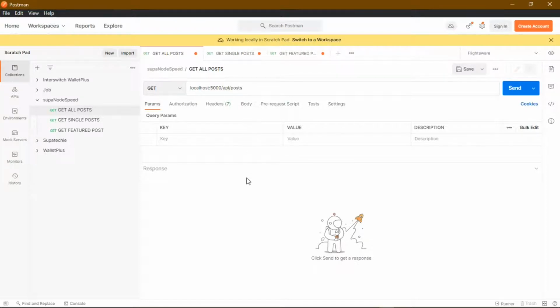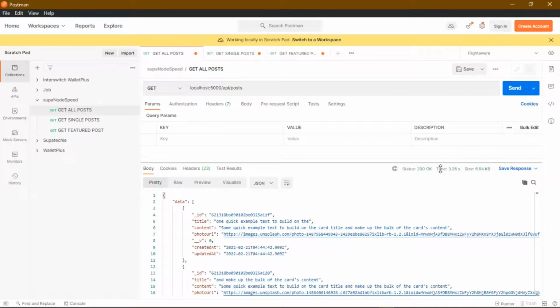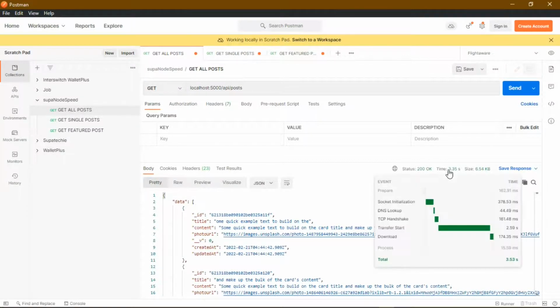We see the time and the response that is returned from the server. So after you have written this localhost:5000, or specify the port, /api/post, go ahead and click on this send request. So it will simulate our browser like it's making a request. Well, our response is returned, and if you check your time over here, our request took about 3.35